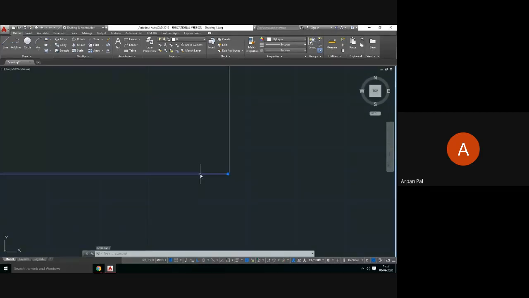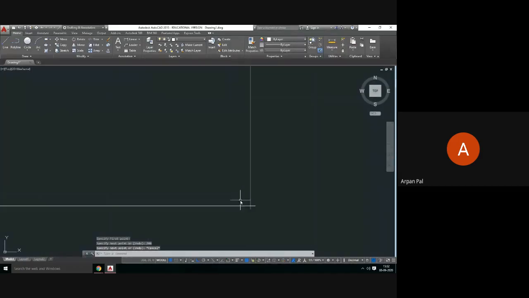Select it, delete it. Just delete it. Now at this zoom level, let us try once again. Take the line and then give 200. See what happens if you zoom around it, it is still not joined.